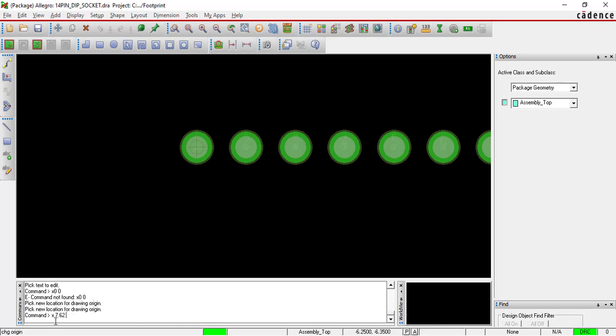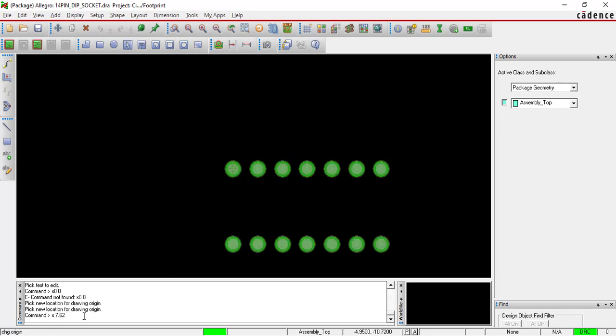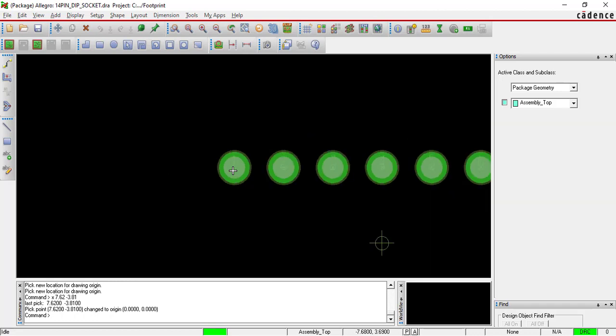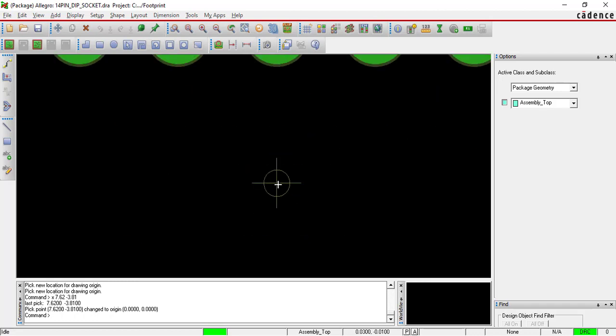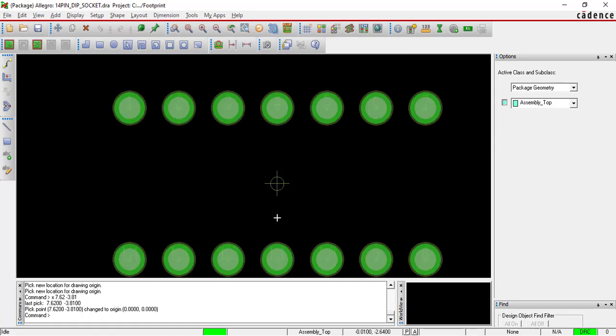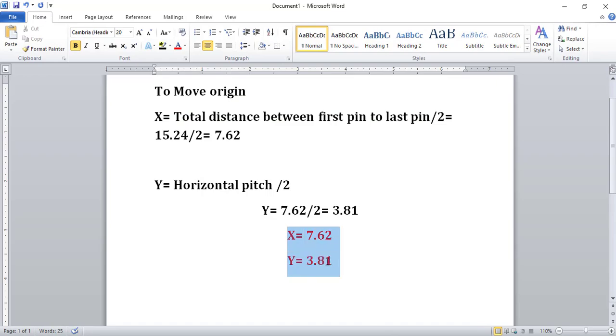X space 7.62, and y equals minus 3.81, because it is coming down, no? So minus 3.81. See, observe, previously the origin was at pin number 1, now our origin is the middle of the pins. Okay, so right now our origin is here at this location.